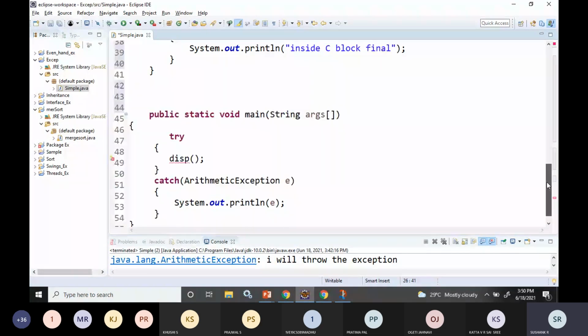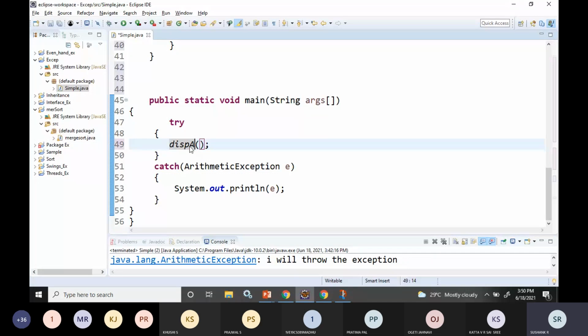After this, I will call display A, because it is throwing the exception, so I'm handling that. For display B and C, they will not throw any exception, so no need to handle them. Now if I run this, you can see the outputs.